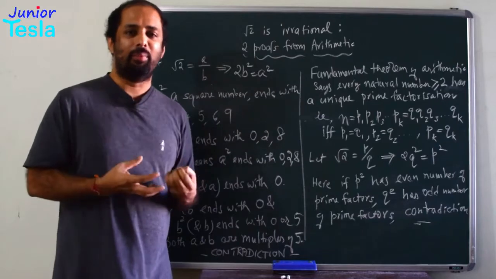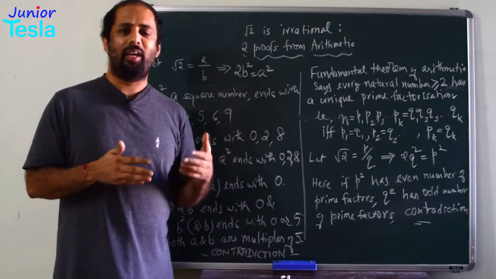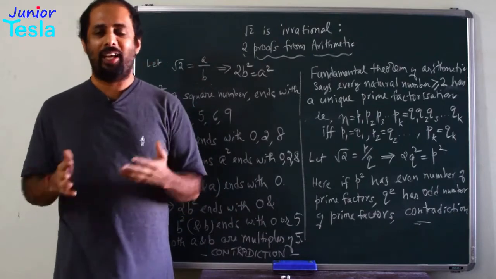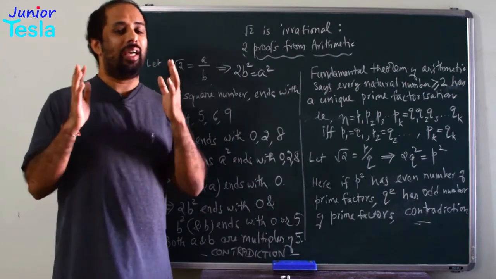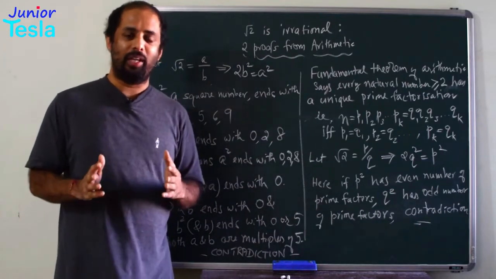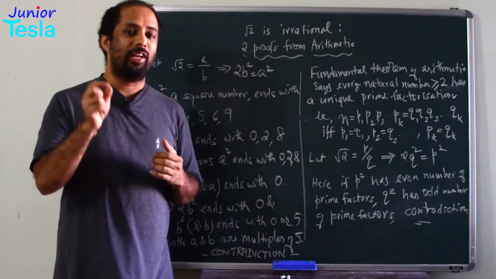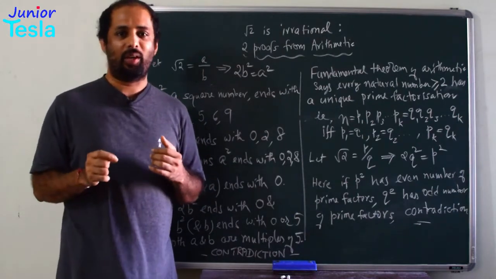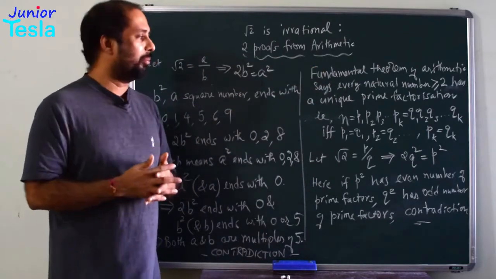You take any number, for example 10, 50, 100, okay, 27, 37, any number. It can be a prime number or it can be a composite number. So any number greater than or equal to 2, any natural number, it has only one prime factorization. That is also called unique factorization, okay, and that is what the fundamental theorem of arithmetic says. Even the proof is very simple.